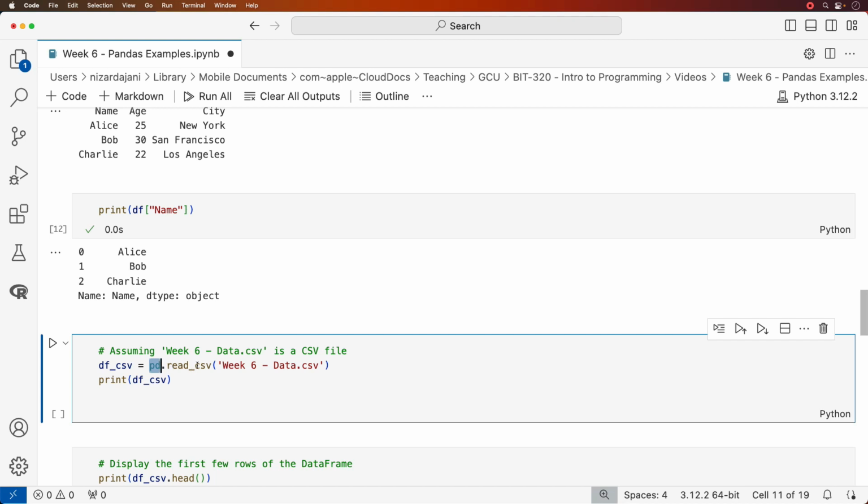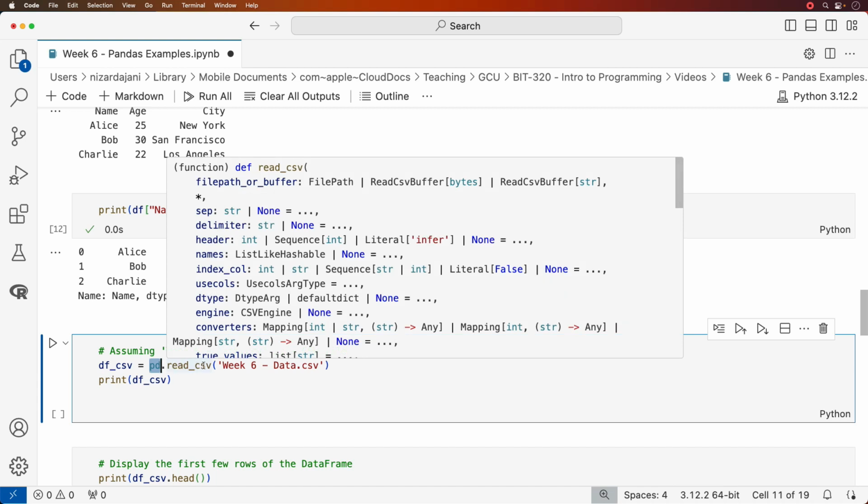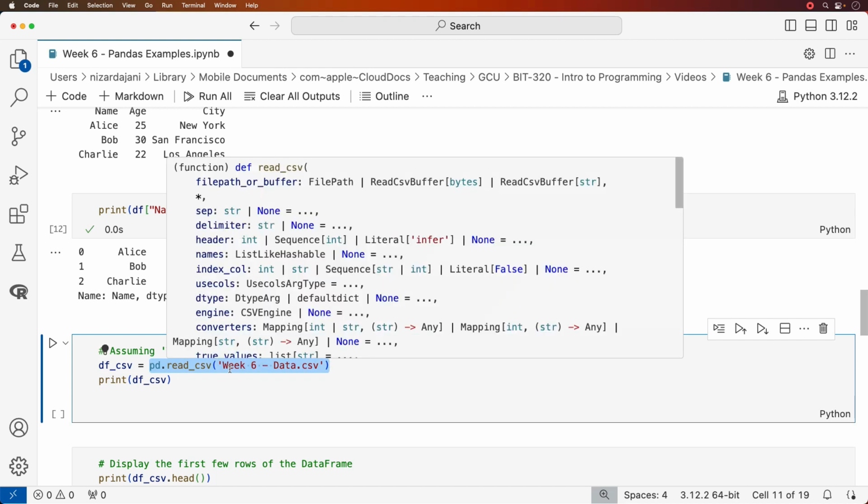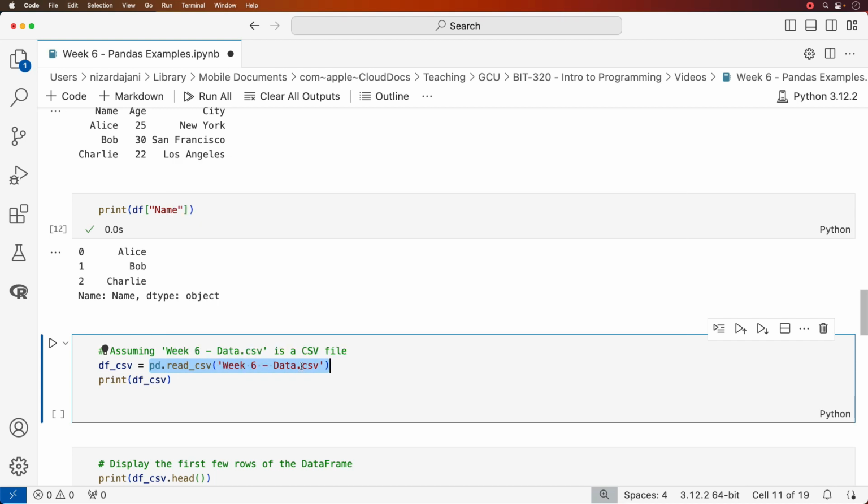So this code example is going to say, I want to read from a CSV file, and the CSV file is called week6-data.csv. Now you have to make sure that this file exists before running this code, because if it doesn't exist, then when you run it, you're going to get an error. So what this code is going to do is read data from this file, dump it into a data frame object, and then the data frame object is going to be assigned a variable name called df_csv. Then I'm going to print out this data frame object. So when we run this,